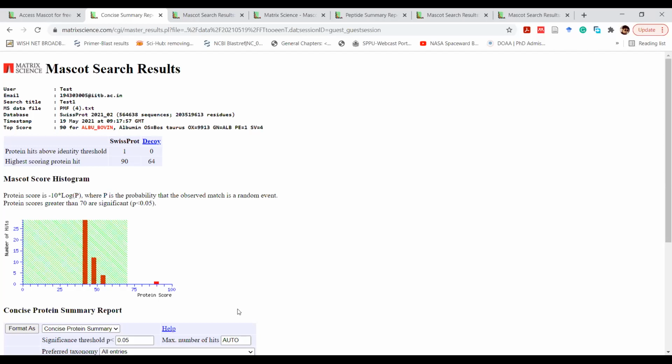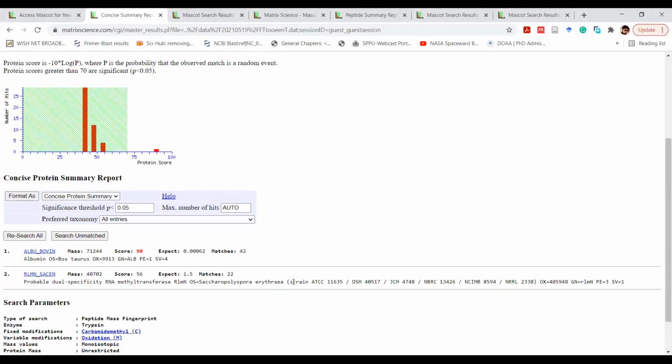Sir, I think I'm done from my side. All right, yeah. So I think the PMF becomes only interesting if you are trying to purify a protein and want to know the mass of that particular compound or protein. Otherwise, for knowing the sequence of it, you have to do MSMS only. So it's good to know both, but MSMS is what is required for any publication or any research-based work.